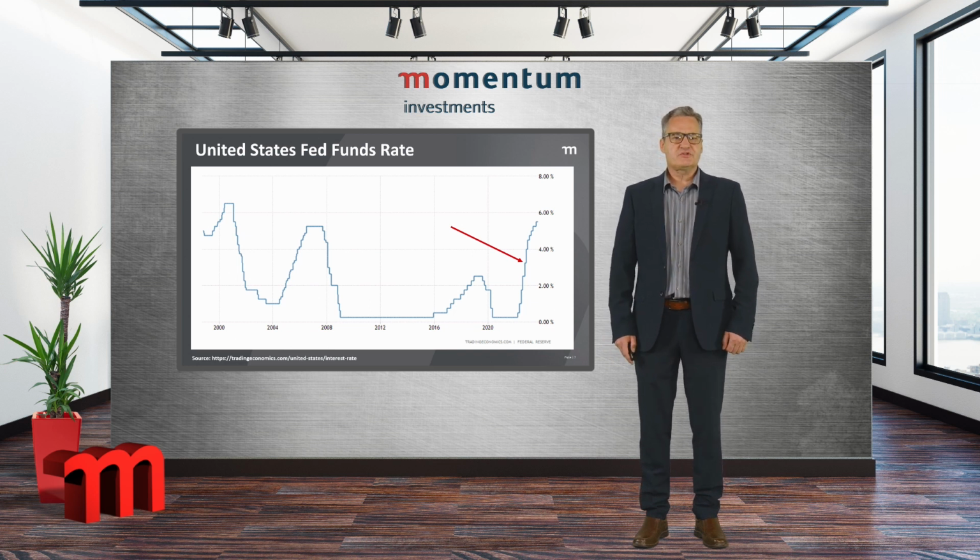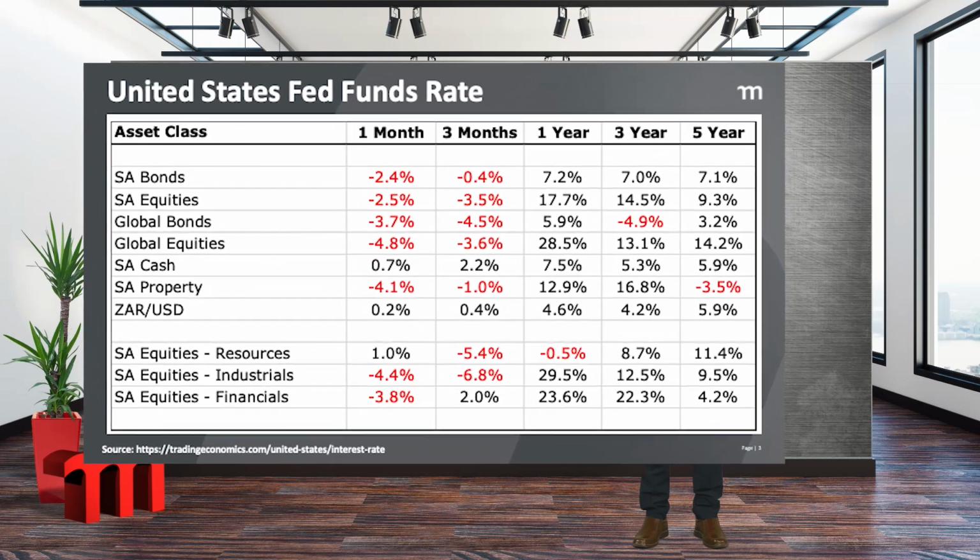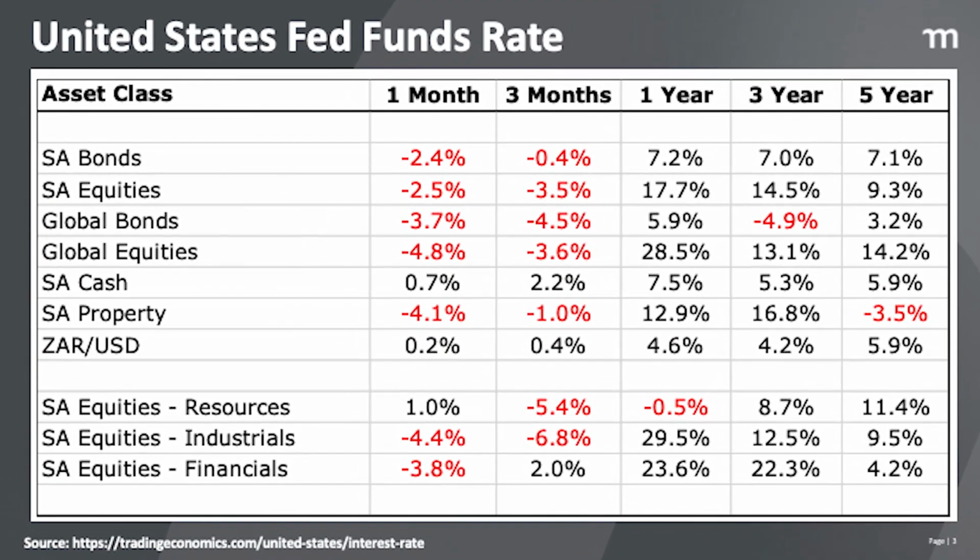Turning our attention to how this played out in the last quarter, hawkish central banks and signs of moderating growth drove both local and global equities down further during September. They recorded their worst month and quarter so far this year. Local equities were down by 3.5% and globals 3.6% in rand terms during quarter 3.